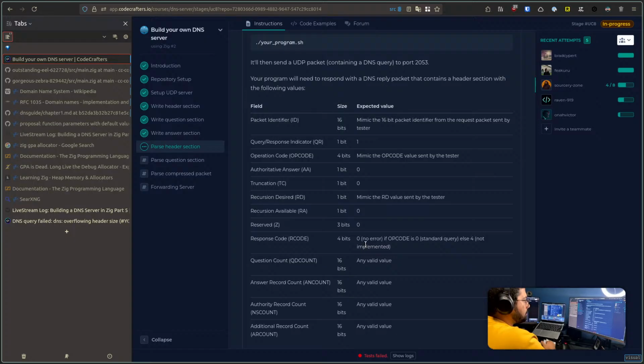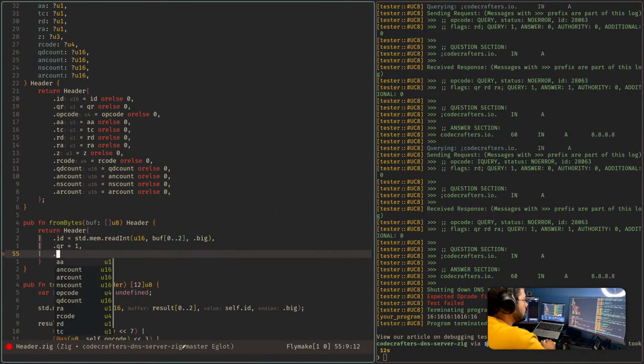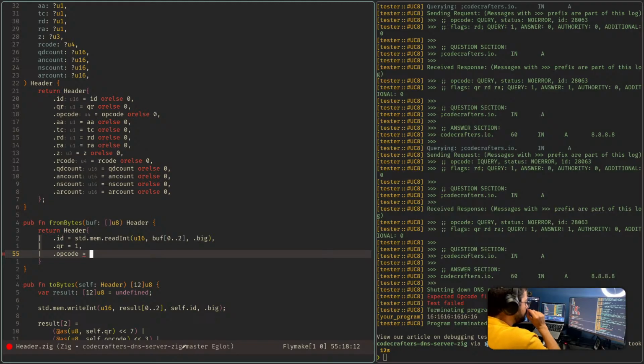Then opcode. Opcode is U4, and for this I need to read from the buffer, and I'm already